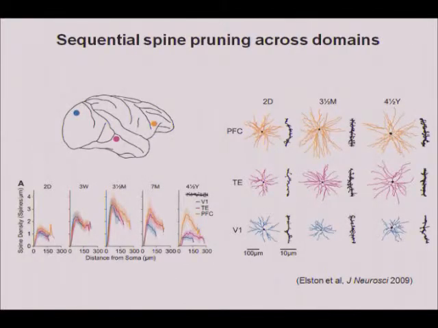Similarly, if you look at spine pruning across these different brain regions from the primary areas to higher order areas, you see that spine formation in these different zones occurs around the same time, but the pruning happens differentially and is much slower and less pronounced in the prefrontal areas of these monkeys, for example. So it could be we're onto something here, that this excitatory-inhibitory balance might be important for orchestrating not only the visual critical period, but hierarchical critical periods across the brain. And if that's true, maybe there would be some severe consequence if the excitatory-inhibitory balance failed to mature properly.